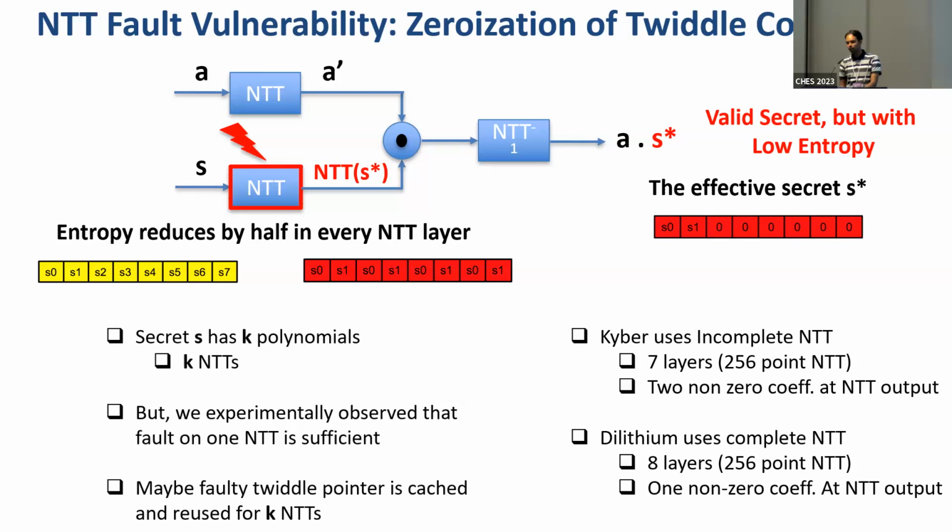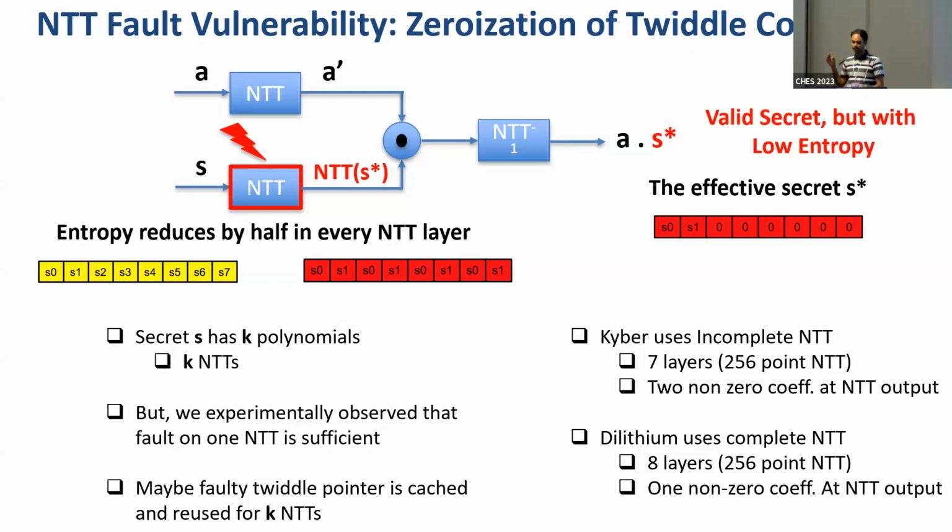So what you would also identify is that both Kyber and Dilithium are based on the module LWE problem, which means that you have k polynomials in your secret. So essentially there are k NTT operations happening. But what we experimentally identified is that faulting one single NTT is sufficient, and the fault actually propagates to